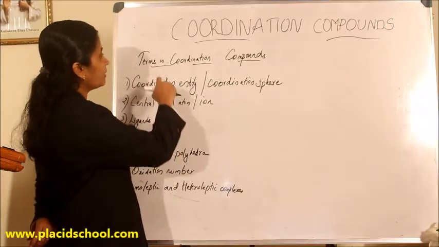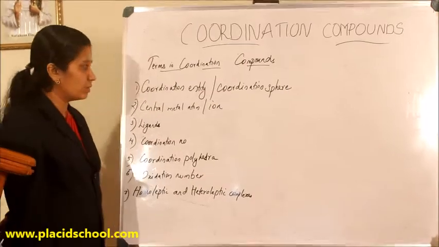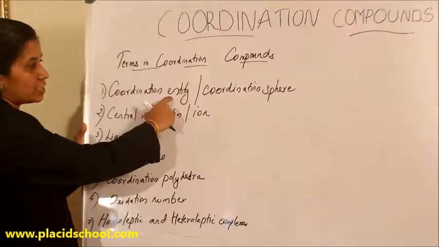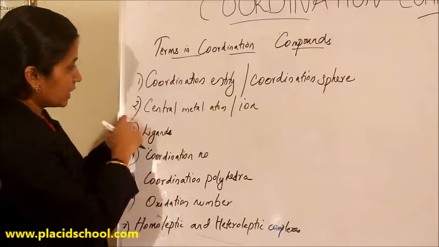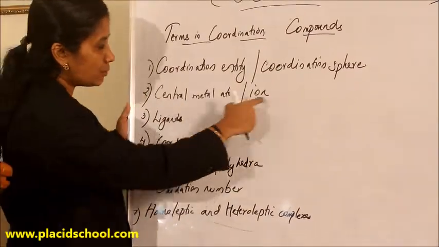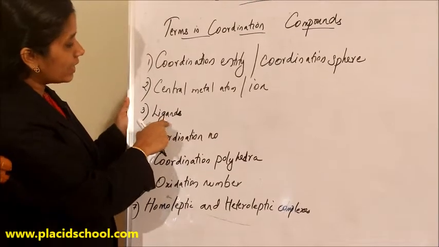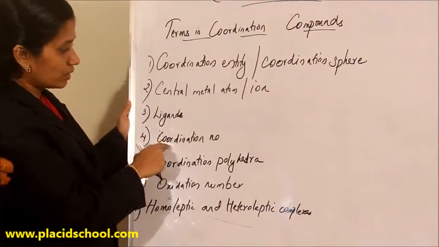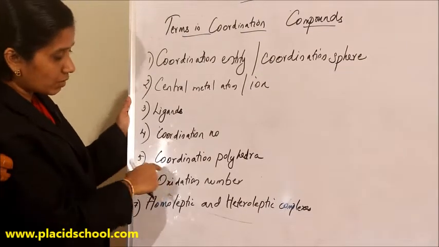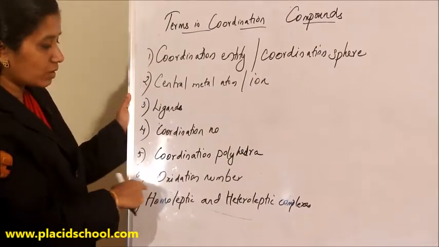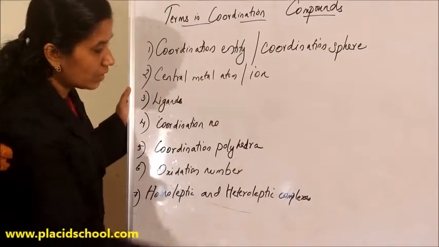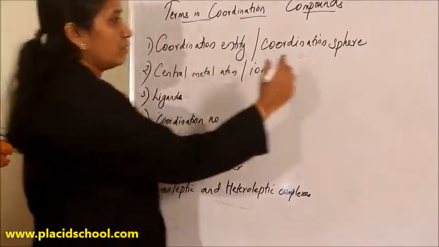Now I am explaining the important terms in coordination compounds. So these are the important terms: coordination entity or coordination sphere. Second one, central metal atom or ion. Third one, ligands, and different classifications are there, which I will explain. Fourth one, coordination number. Fifth one, coordination polyhedra. Sixth one, oxidation number, and the seventh one, homoleptic and heteroleptic complexes. So for that,